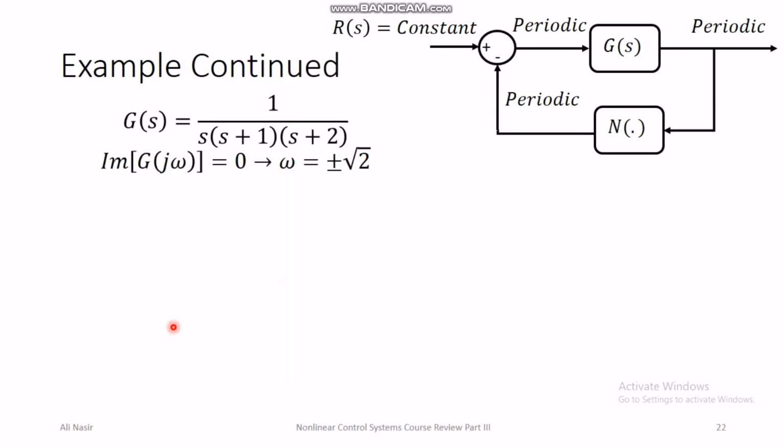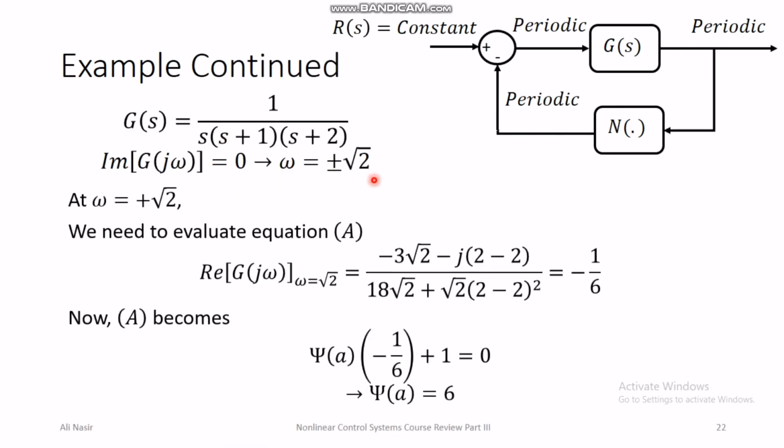Then we continue: for omega equal to plus square root of 2, we need to evaluate equation A. For solving equation A, we need to know the real part of G of j omega, and the real part of G of j omega at omega equal to plus square root of 2 is minus 1 by 6. So if we plug this value into equation A, it gives us that the describing function should be equal to 6. So this is the value of the describing function, and now